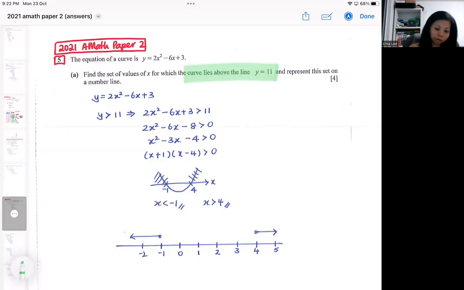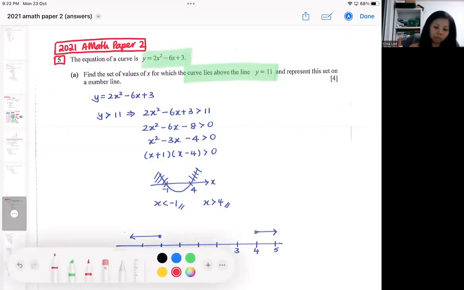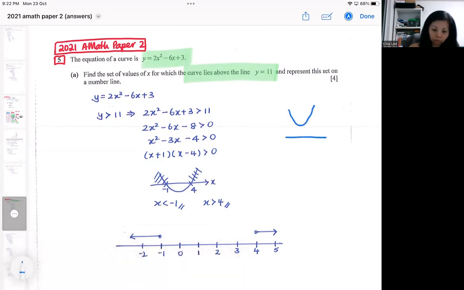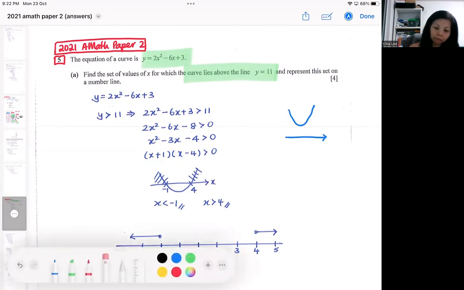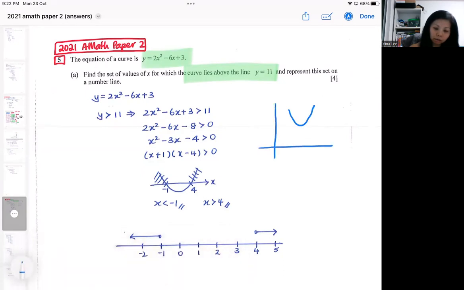So this is a small curve, and the curve is lying above the straight line. It will be something like this. We are interested in the portion where the curve lies above the straight line. You just do a direct inequality. So it's just the curve